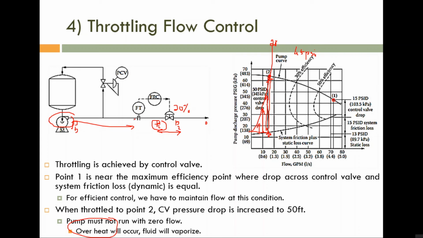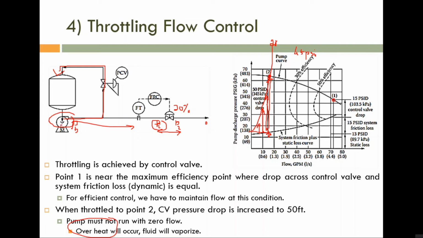Then what we have to do in order to avoid this overheating, even if the control valve is almost closed, we have to pump the liquid to some other point. For that purpose, a recirculation is used. Always you can see a recirculation if you are using a control valve along with a pump. Even in your level process station, you can see a recirculation line. Why are we using a recirculation line? Otherwise, the life of the pump will reduce.